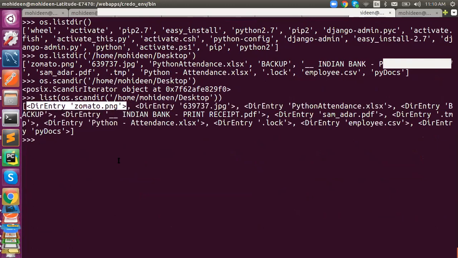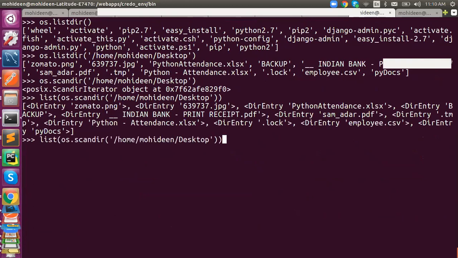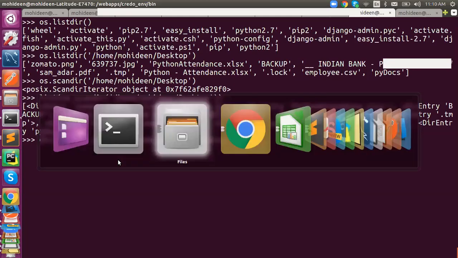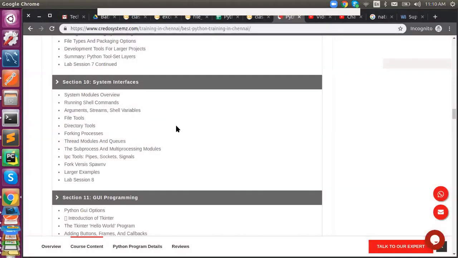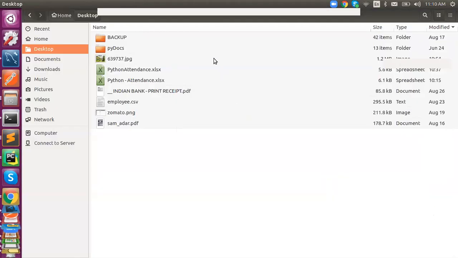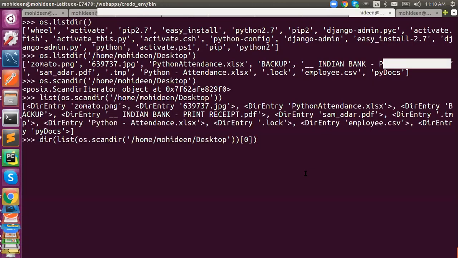Why? Because each contains a number of information, right? Each entry must contain a number of information like file name, file size, file count, type, modified, created, and access time, etc. It's supposed to contain a number of data.